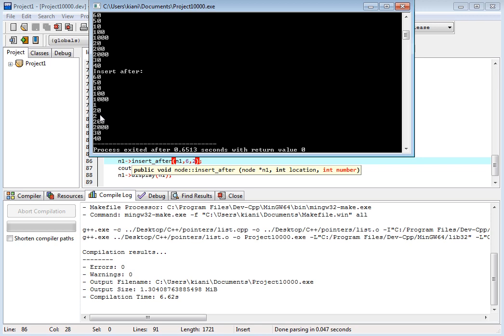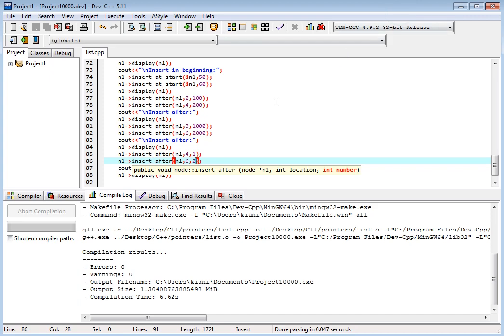After 4 means 1, 2, 3 and 4, 0, 1, 2, 3, 4. After 4 this is 1. Then after 6 we have 2. We have 2, 1 and 2.